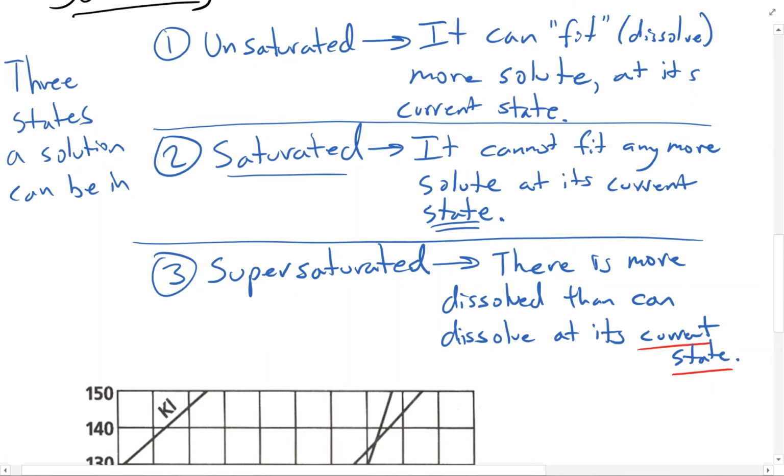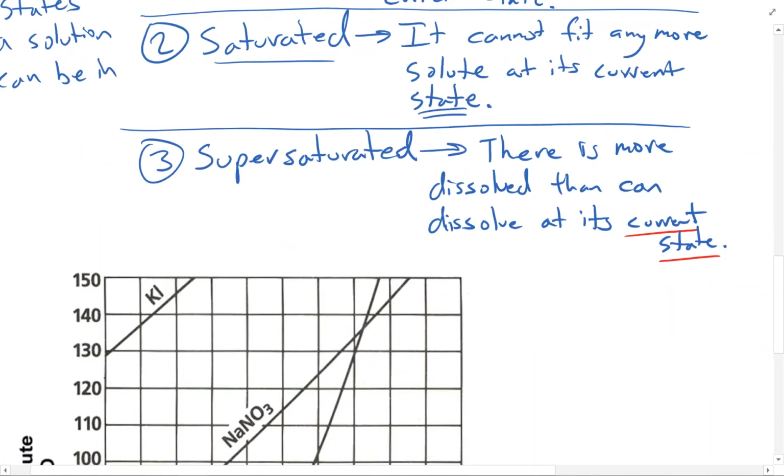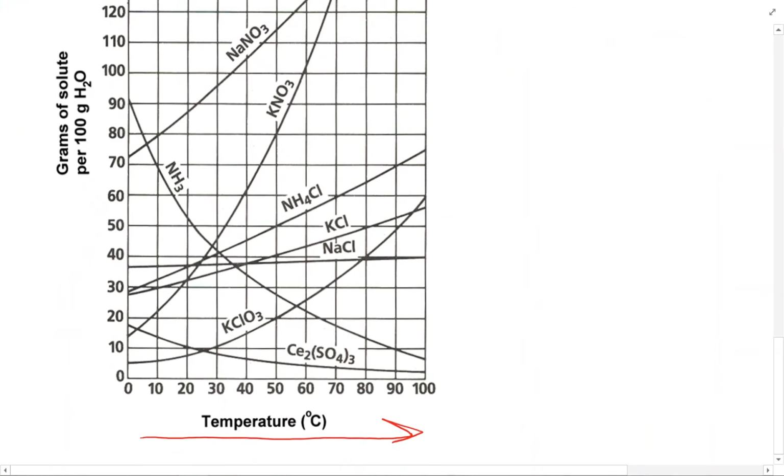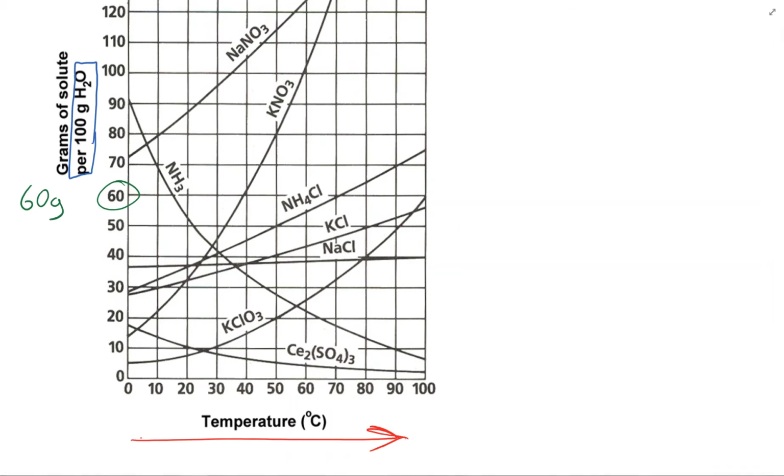Now, we need to look at a graph and kind of put some numbers to this. So this is a common solubility graph right here, and they're really interesting because what they do is they put temperature on the bottom. So as you go to the right here, you are actually increasing the temperature. And then over here, on the y-axis, we actually have grams of solute per 100 grams of H2O. So essentially what that means is a number like this one right here, 60, means that there are 60 grams of solute